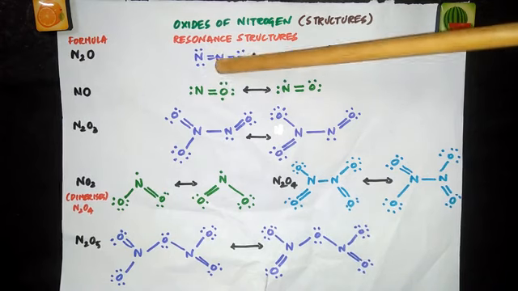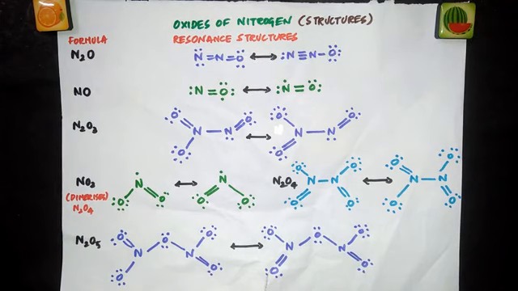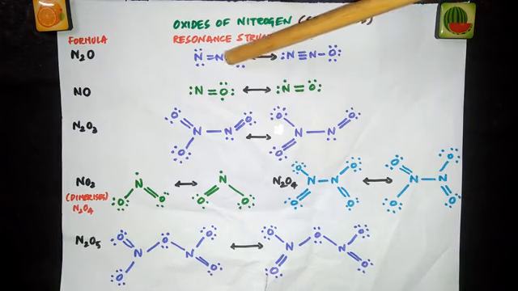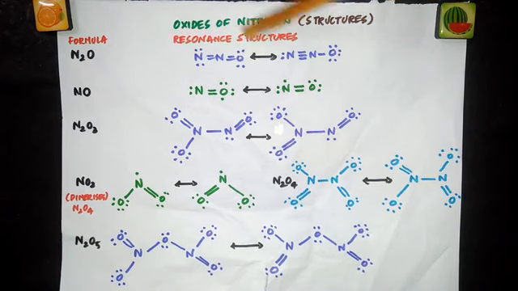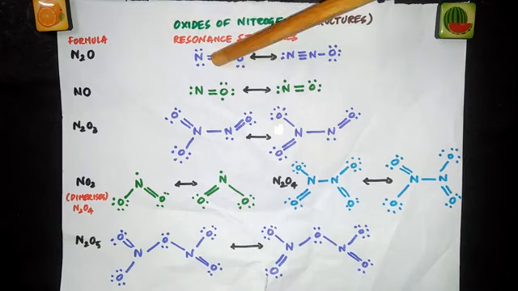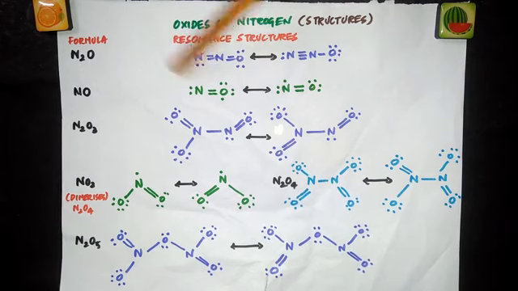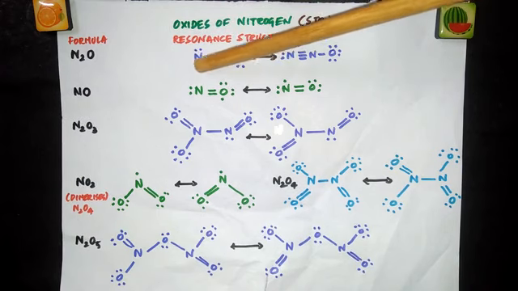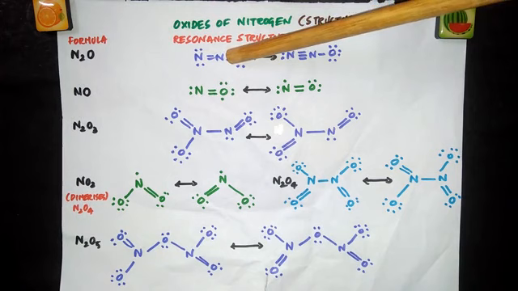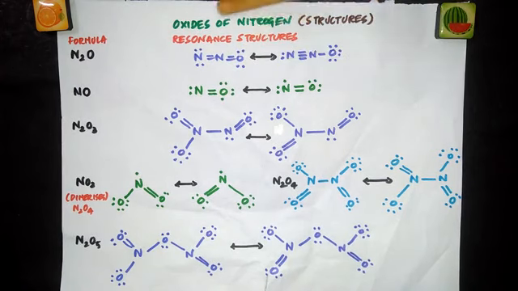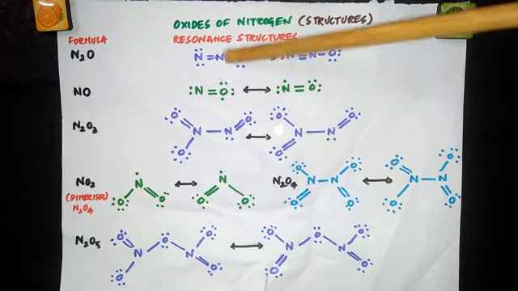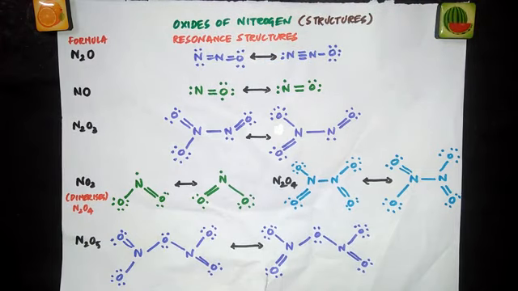Now we have to check for the octet of the central atom, because already we have satisfied the octet of the outer atoms. So now we have only 1, 2, 3, 4 electrons for central nitrogen. So what you should do, you should bring a pair of electrons from this side, or both the pairs of electrons from this side, to complete the octet for the central atom. So already we have 1, 2, 3, 4, 5, 6 here. So you can bring 2 electrons from there in between nitrogen and nitrogen. Now nitrogen has got only 1, 2, 3, 4, 5, 6 on this side. Now you have to bring one more pair of electrons from here to this side. So you will have 1, 2, 3, 4, 5, 6, 7, 8. This is the final structure. This is one resonance structure of N2O.